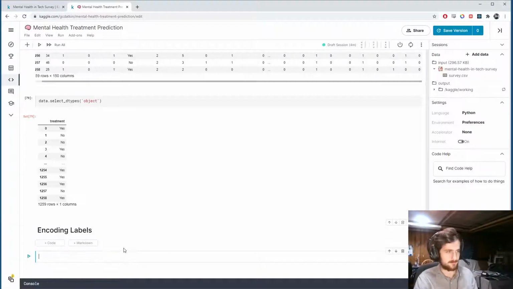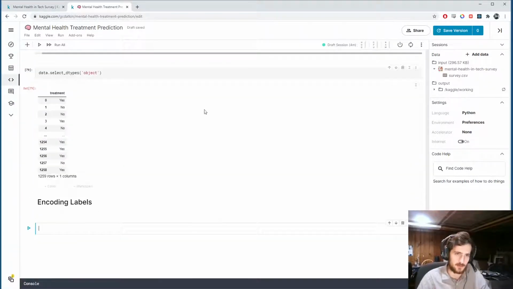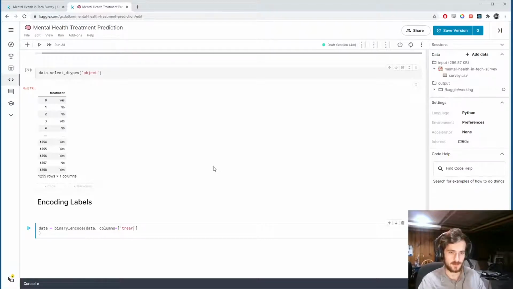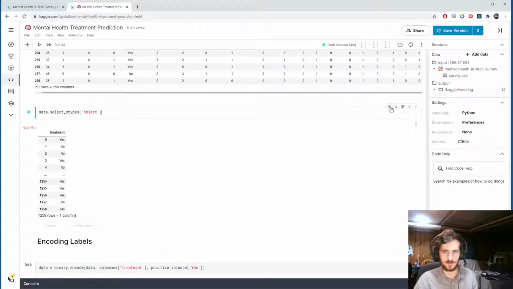Encoding labels. For this, we'll just apply binary encode to the label column. So data equals binary encode, pass in data. Now I'll do it on one line because it's just one column. The columns is just going to be a single column, treatment, and the positive values is just going to be one positive value, which is yes. Alright, run that. Now if we look at the data types,